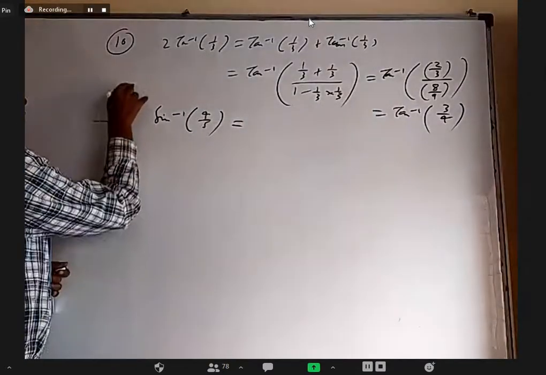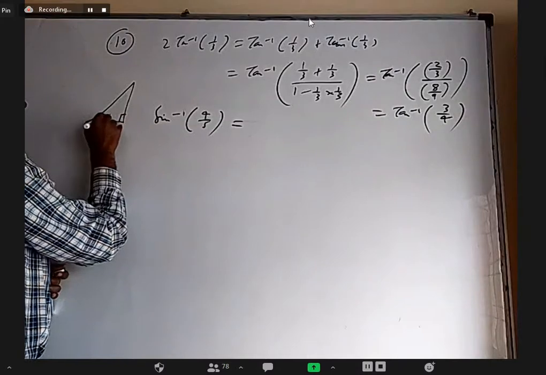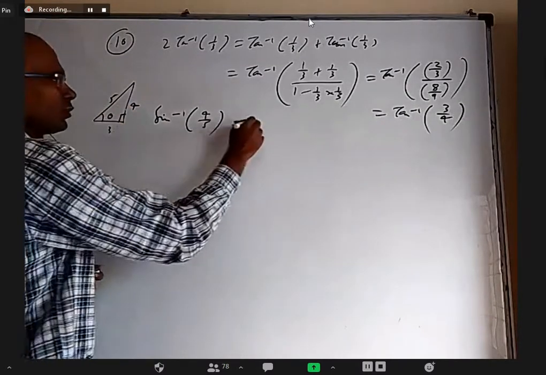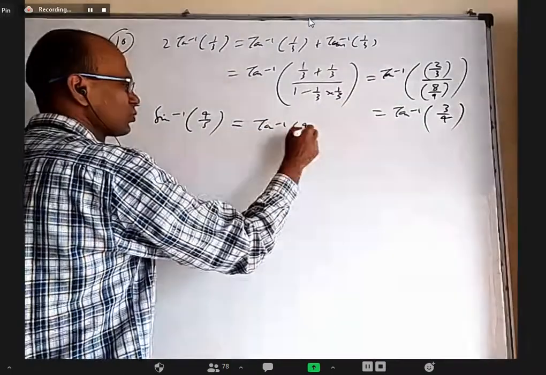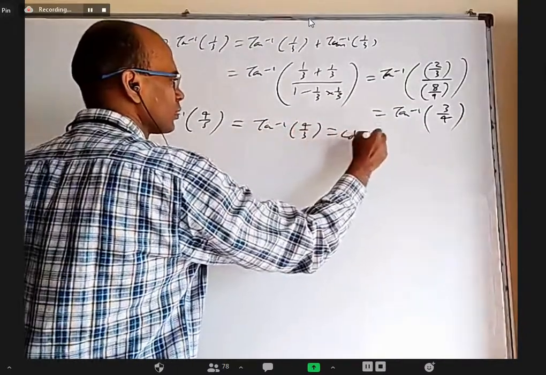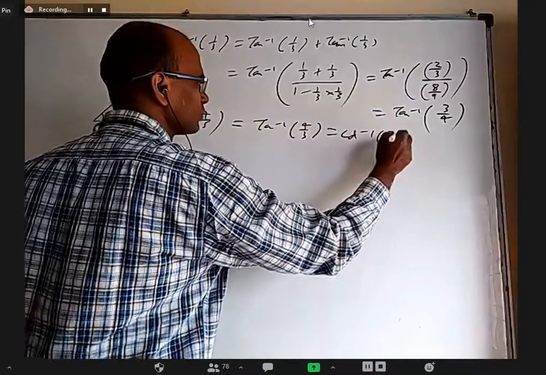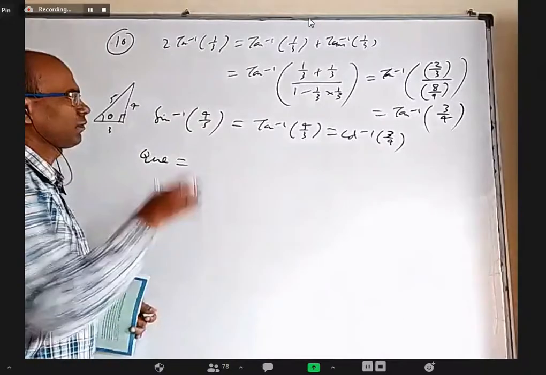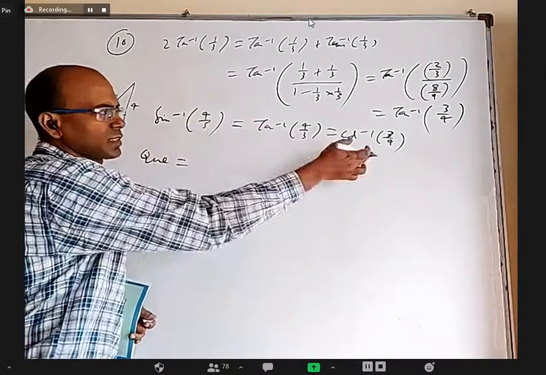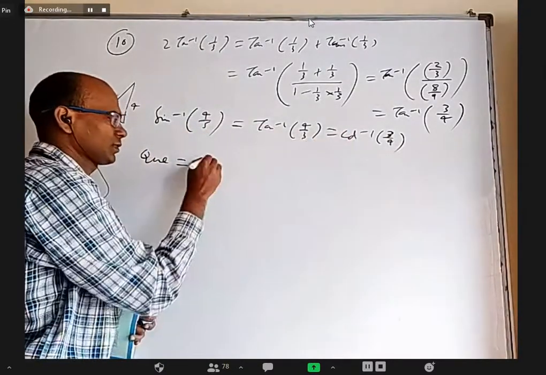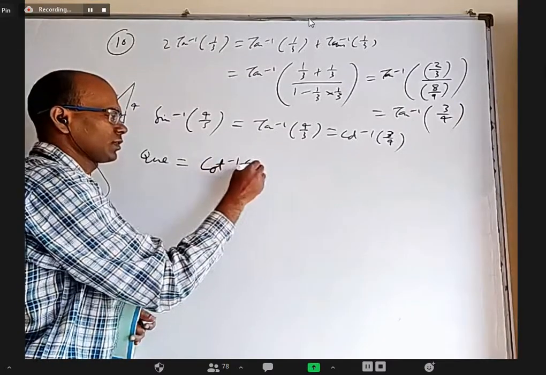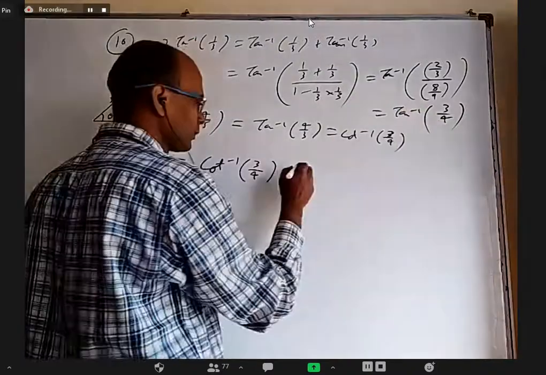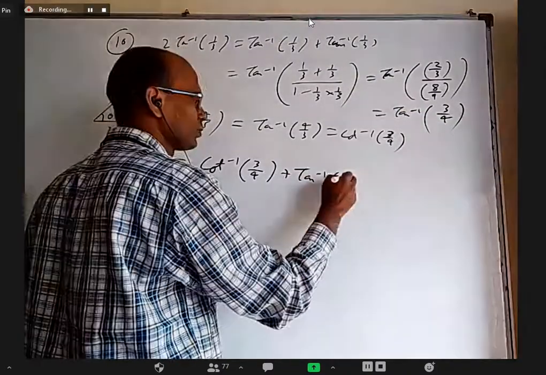If you actually draw the triangle, 4 is here, 5 is here, 3 is here. You can write a tan inverse 4 by 3 or you can write a cot inverse 3 by 4. Coming to the given question now. First sine inverse 4 by 5 is there. You can write this or this, whichever you want. I'll write this, cot inverse 3 by 4. And 2 tan inverse 1 by 3 became tan inverse 3 by 4.